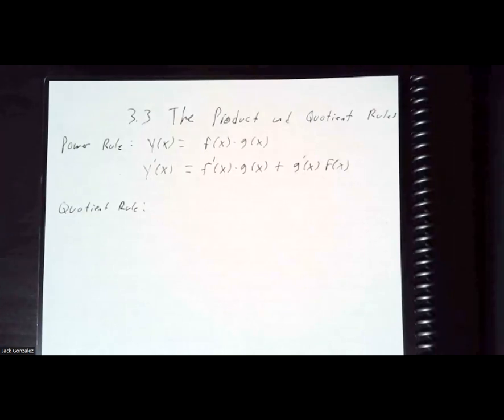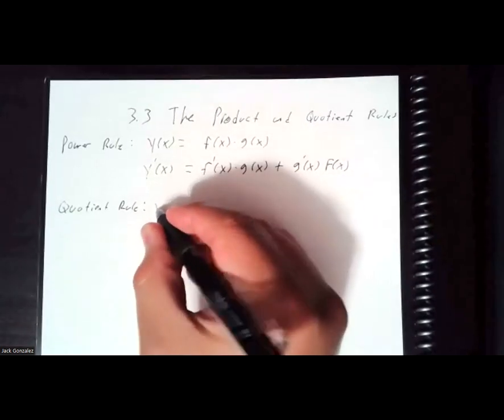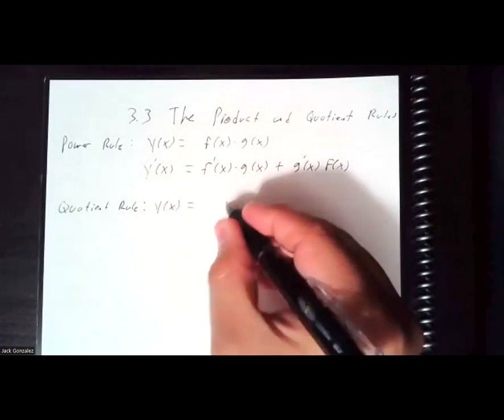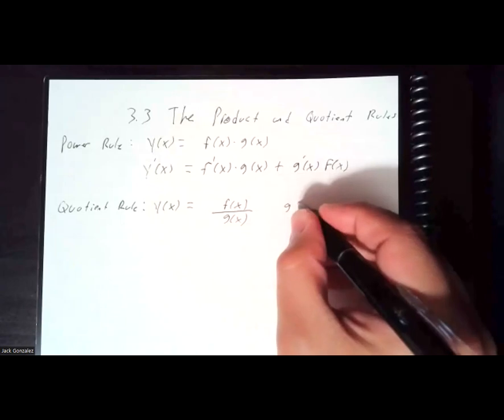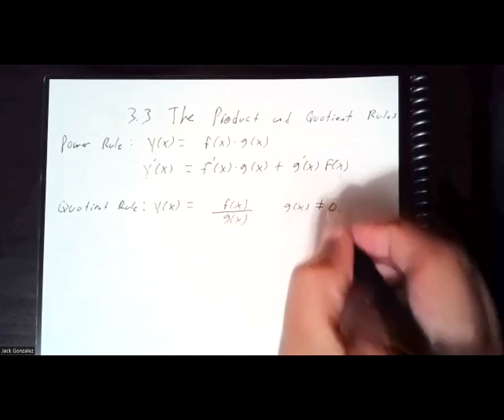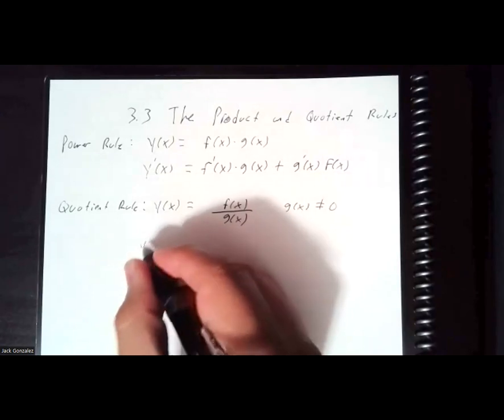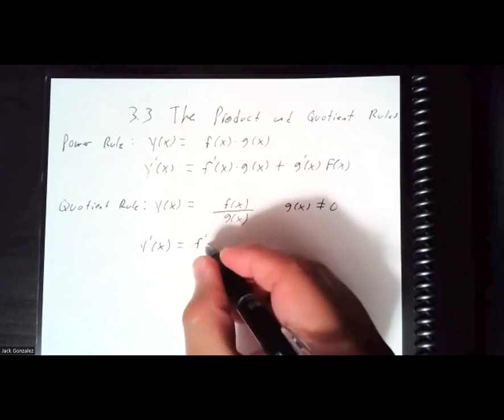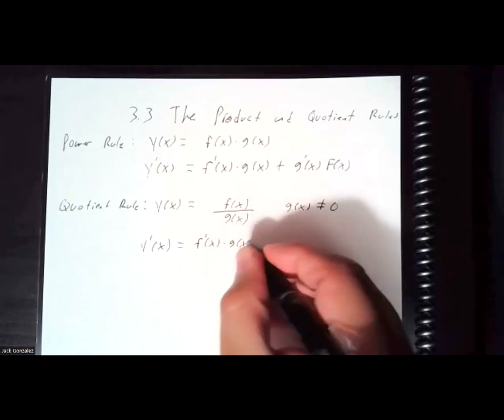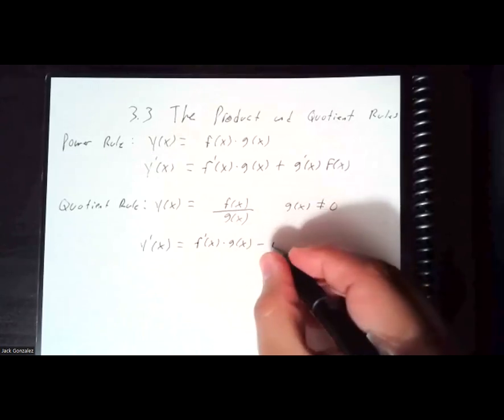Okay, quotient rule. Let me double check the formula because I always forget where the minus goes. And I don't like giving big formulas out. Okay. So if your function is equal to f of x divided by g of x, and of course g is not equal to 0, then your derivative will be the derivative of the first one times g, minus f